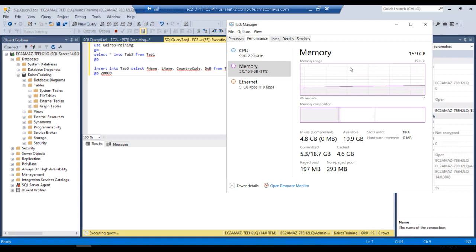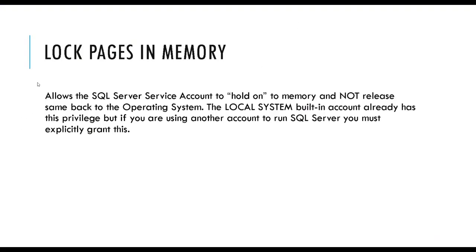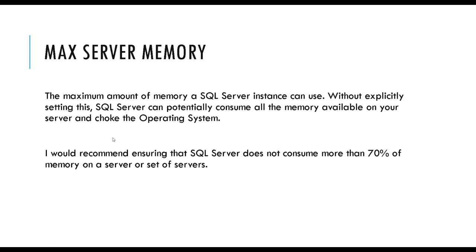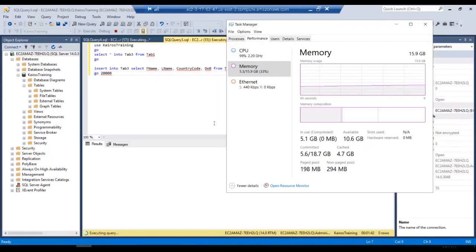You can see the memory graph here slanting from the last time we actually started this. And that just aligns with what we mentioned earlier, that without controlling this, SQL Server can consume all the memory available on your server and actually choke the operating system. Now I just have 3 sessions doing a very simple thing here. In a production environment, this could escalate significantly,